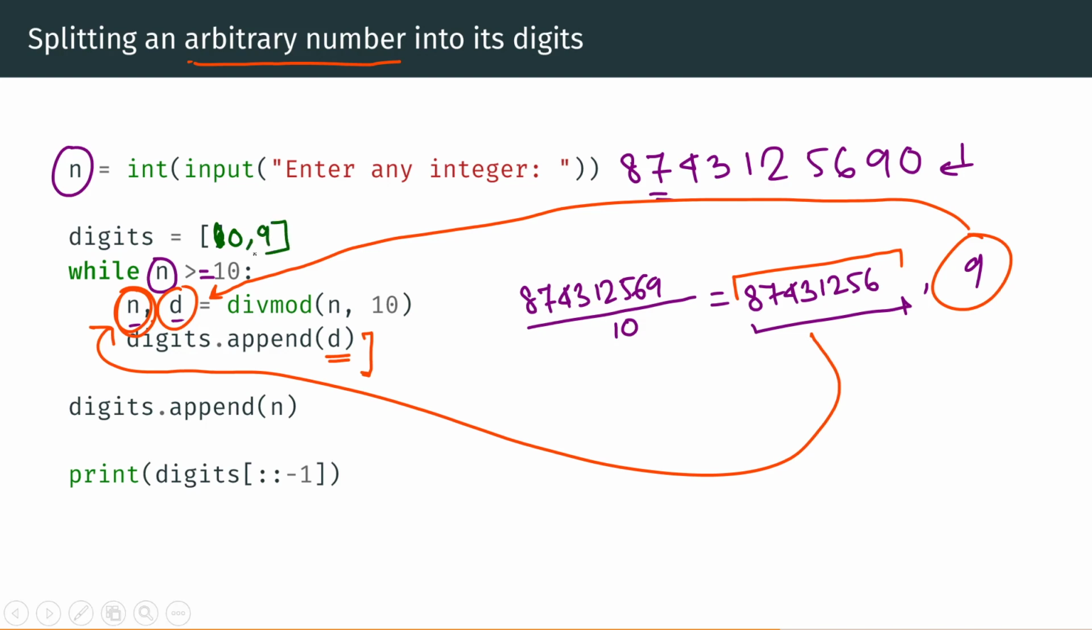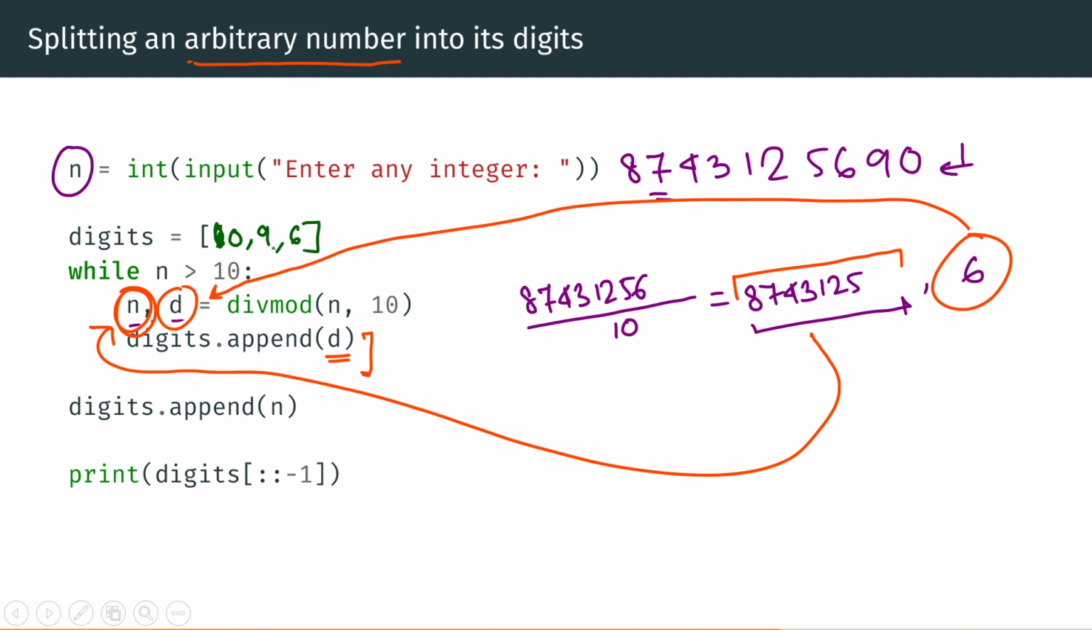Now again we run the loop, we check if n is greater than or equal to 10, and yes, it is, because n is this number right here, 87874312556, which is greater than 10, right? So we again calculate divmod of n, 10, and the result would be this number and 6. This number would be stored in n, that's the new value of n, and d would be 6. Now that d would be appended to that list, so our list will contain